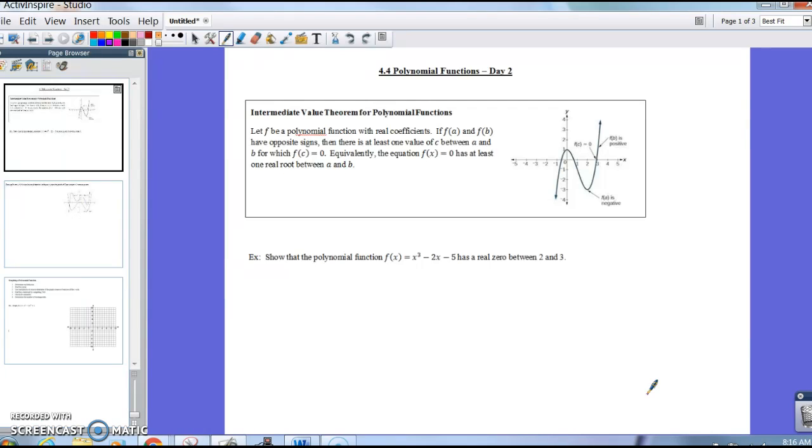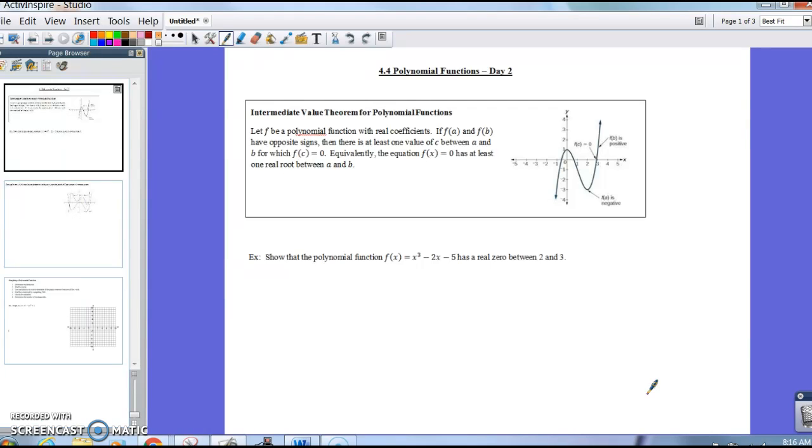This is considered an existence theorem just because it's letting you know that something exists given a certain set of conditions. It is something that you will do more extensively in calculus, but I think it's important that you're introduced to it now, so I did want to bring this up to you. The intermediate value theorem, sometimes referred to as the IVT, says this, and it sounds very wordy, but it actually